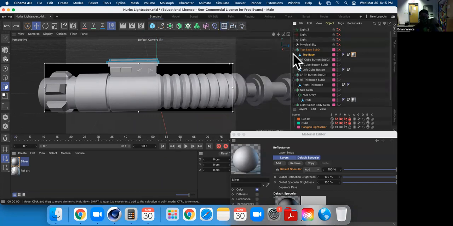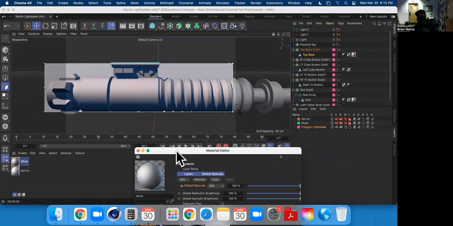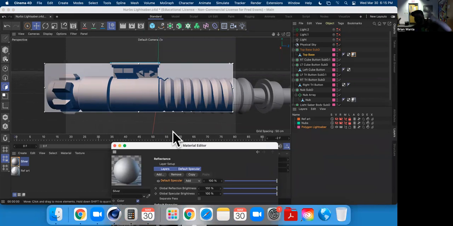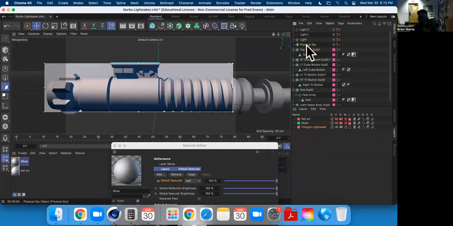So you can also add this physical sky to it. It's going to give you some level of colors and stuff like that. I understand that we haven't gone into lighting, but just understand once you start adding light, that's when you're really going to start seeing how materials interact with stuff. So if you go to where this little lattice thing where it says the floor, if you hold down and go to physical sky, it's going to create this object that's a physical sky. And it's going to act like